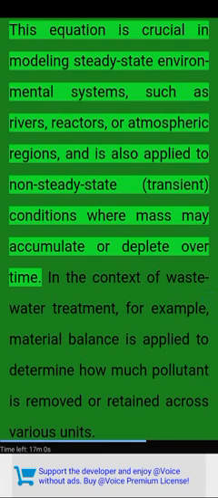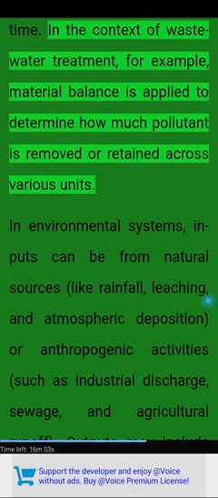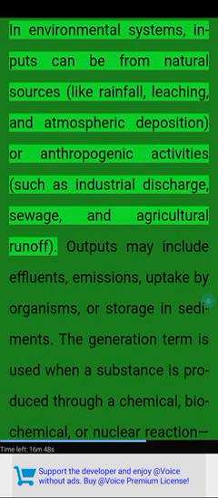This equation is crucial in modeling steady-state environmental systems, such as rivers, reactors, or atmospheric regions, and is also applied to non-steady-state transient conditions where mass may accumulate or deplete over time. In the context of wastewater treatment, for example, material balance is applied to determine how much pollutant is removed or retained across various units. In environmental systems, inputs can be from natural sources like rainfall, leaching, and atmospheric deposition, or